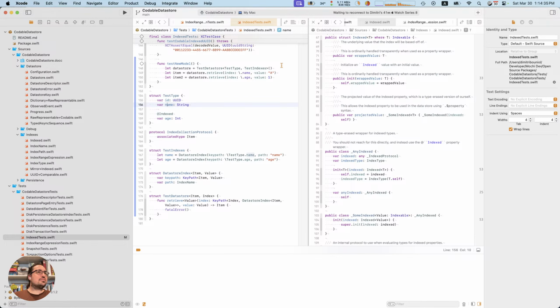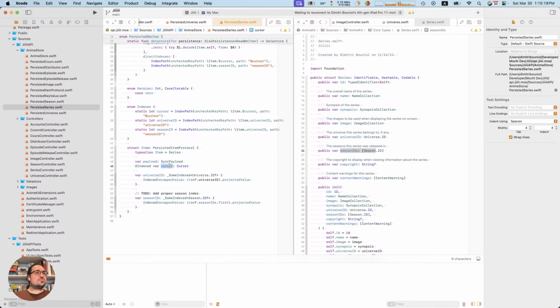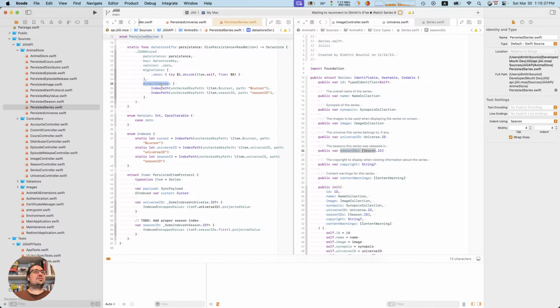However, in this version of it, I do have that functionality where you can say, hey, this cursor is indexed, but that only works for regular properties. It does not work for computed properties. Computed properties have to do a whole bunch more baloney to get that working. And if I want it to be a direct index, which is faster and more performant at the expense of disk space, I need to specify this here anyways.